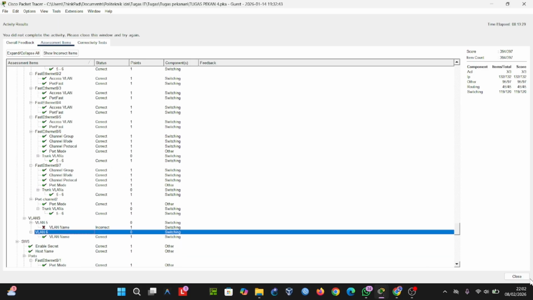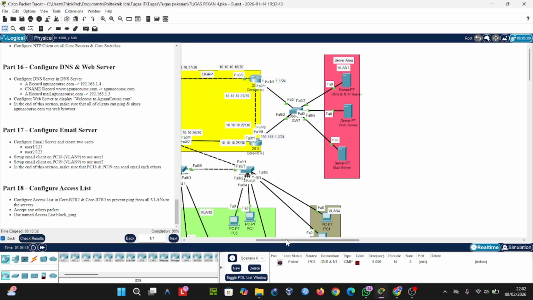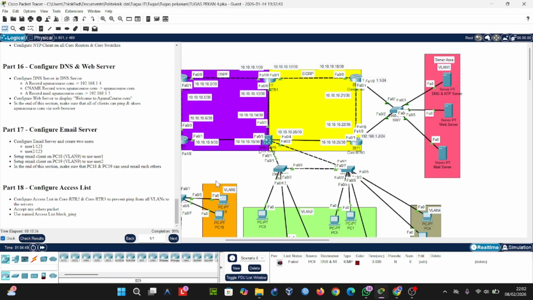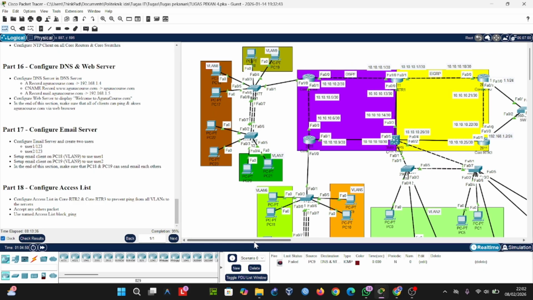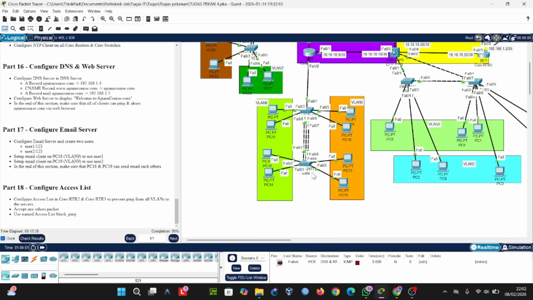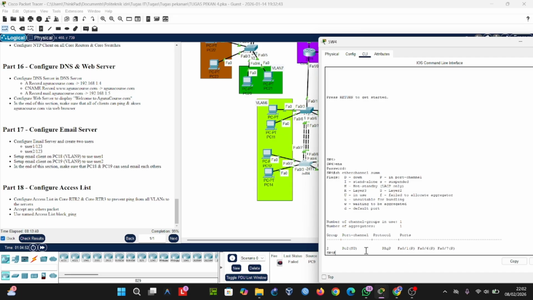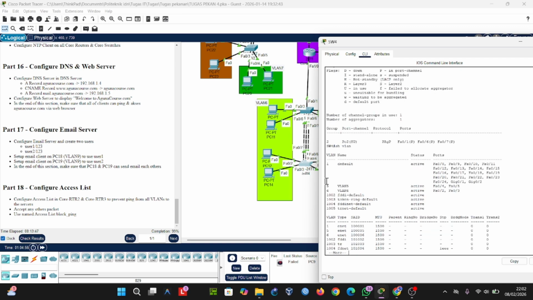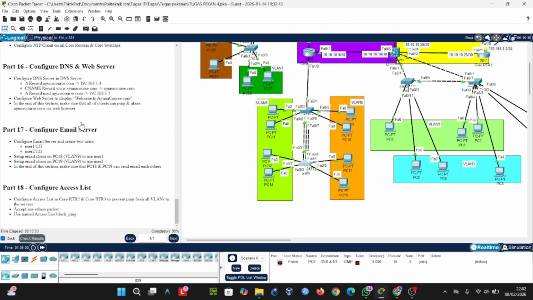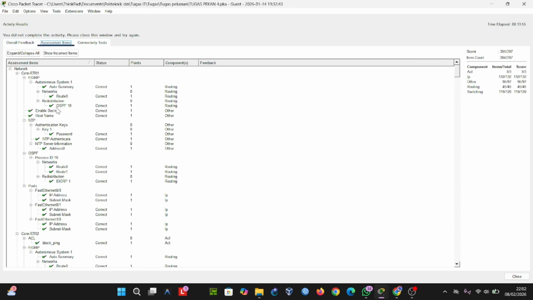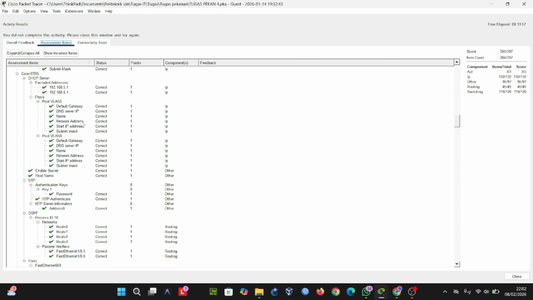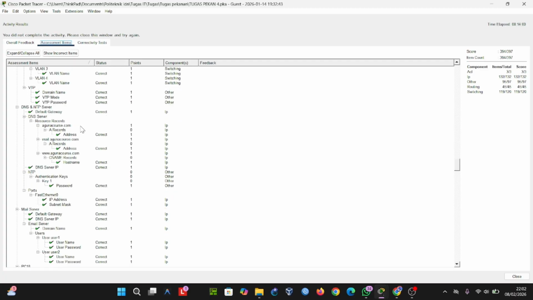I can show you, in switch 4, 1 2 3 4. I have created a field name, but in this assessment item it is not checked off. I don't know what the problem is.